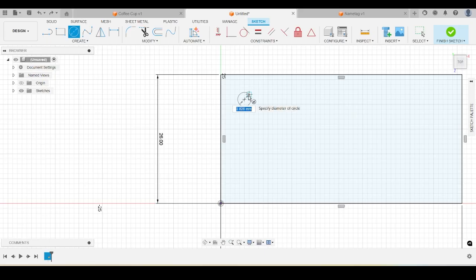Click there and drag out. And again, this is the diameter of the circle, not the radius. This is the diameter. So when I hit 3 and hit enter, that is a 3 millimeter circle, all right? And that's going to give me a little hole for my keyring to go through. Now we're going to play with a couple more functions,